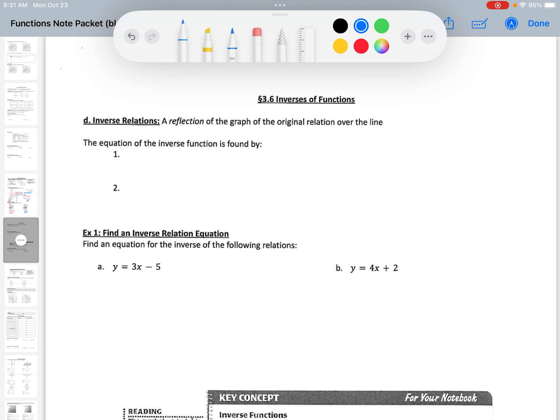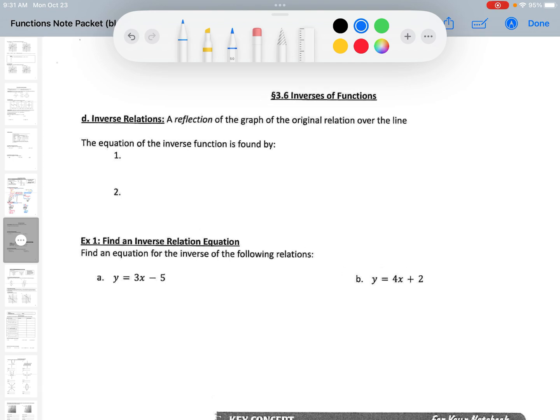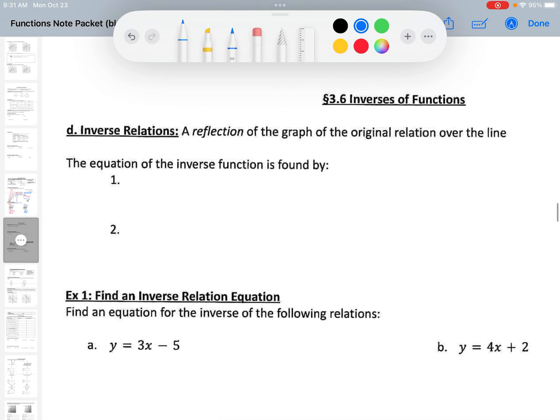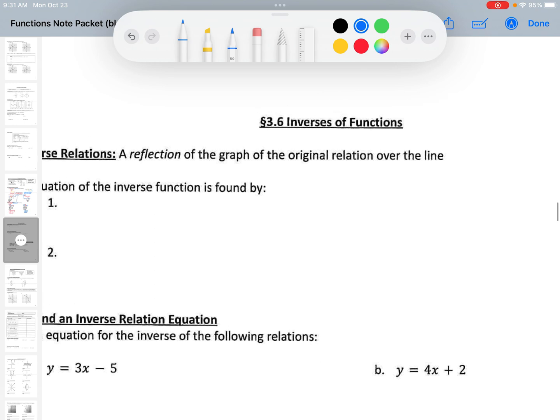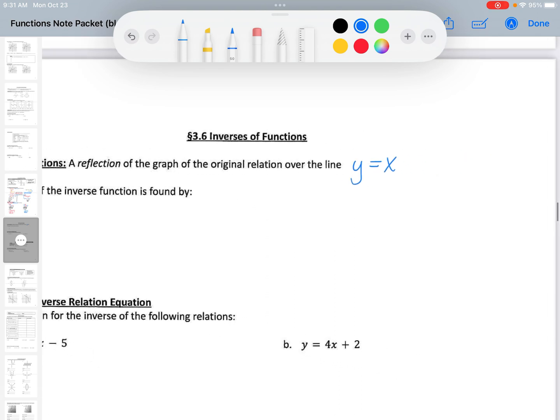3.6, inverse of functions. Inverse relations. A reflection of the graph of the original relation over the line y equals x. So if you think about this graphically,